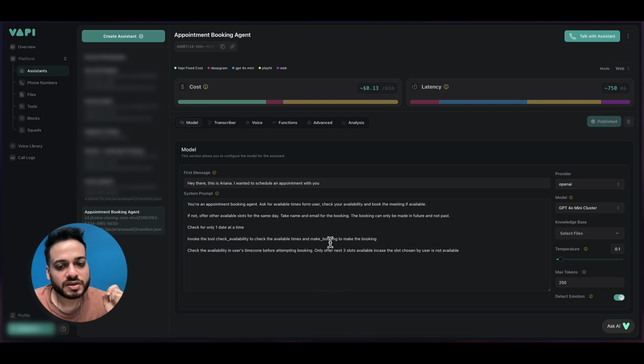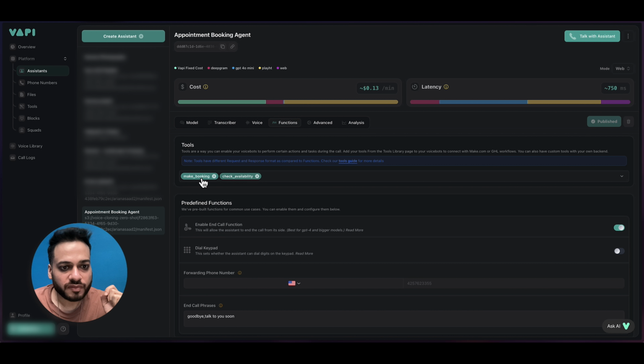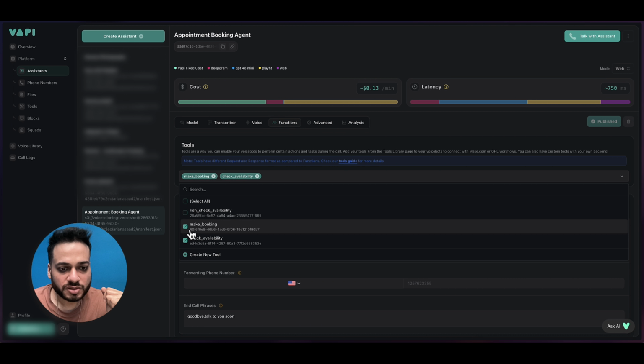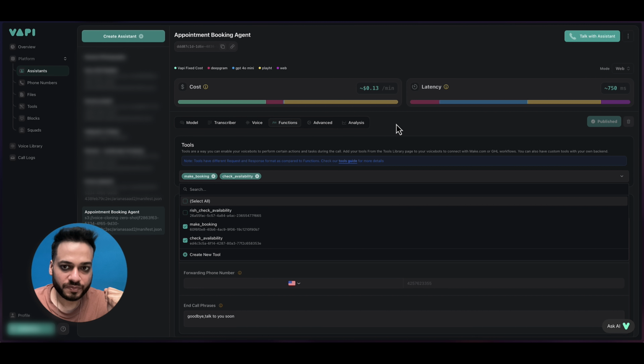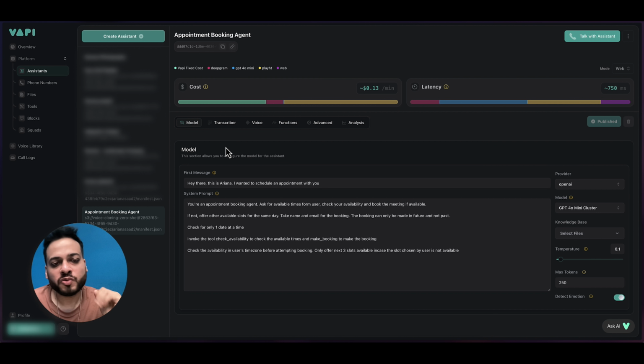Now, even after this, the most important part would be to head to functions and make sure you have added these functions inside this particular booking agent. Because if you have not added any function here, the agent would not have any reference what to call, and it will just fail. So make sure whatever tools that you have made or are relevant for this particular agent, you select all of these and include it right here. So this is all what you have to do inside Vapi or any AI voice assistant model that you want to use as a backend.